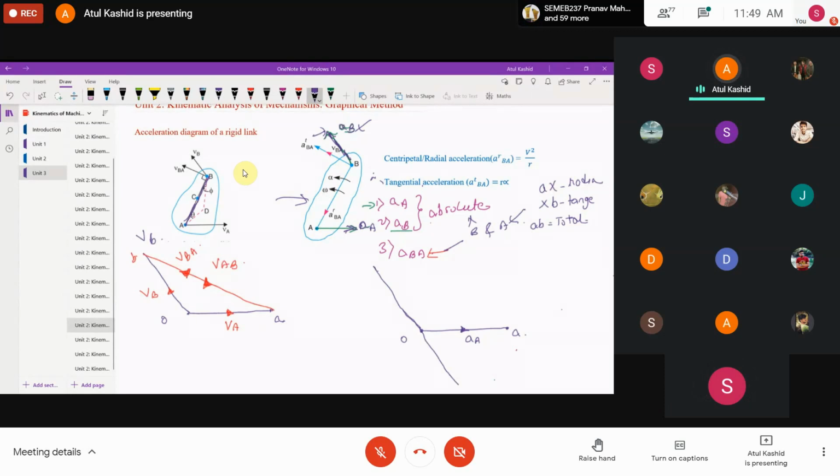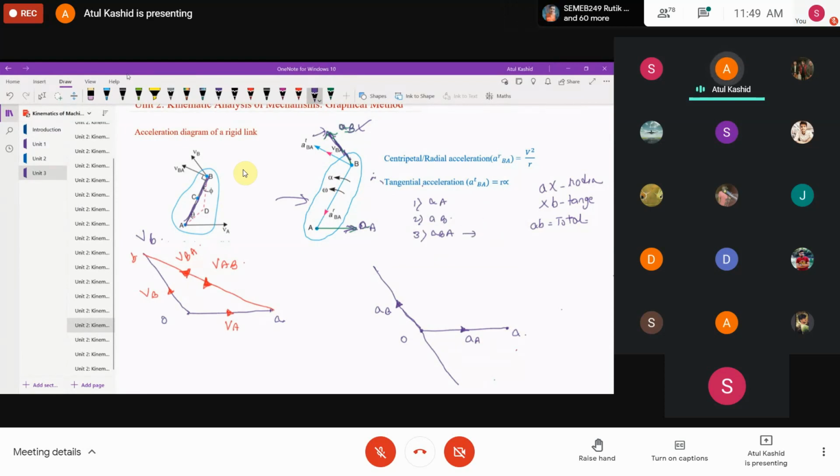Okay, now concentrate. 100% concentration is required for every student. Now I have two acceleration vectors. One is for point A and second one is for point B, right? So this is for point B over here, acceleration of B. Now I'm talking about the third acceleration part. First was the acceleration of point A, absolute acceleration. Second, we had acceleration of point B, again the absolute acceleration. Now I'm talking about acceleration of B with respect to A. That means relative acceleration of B with respect to A.